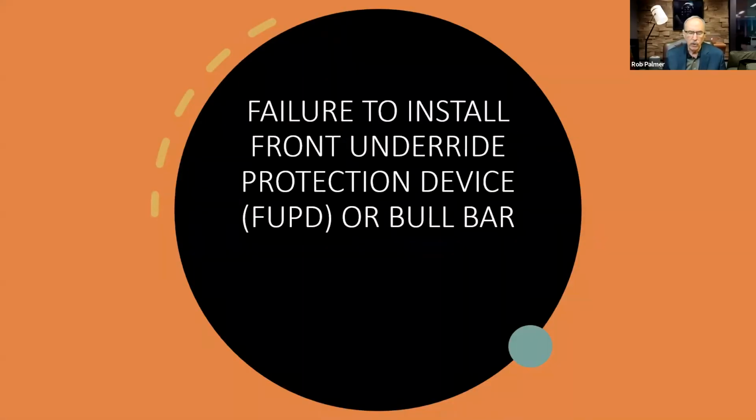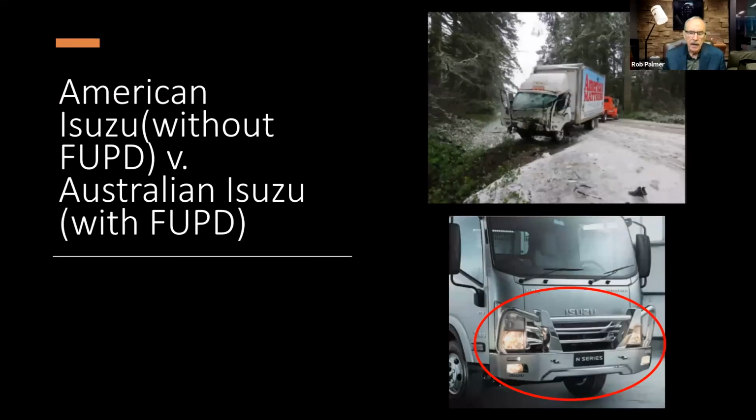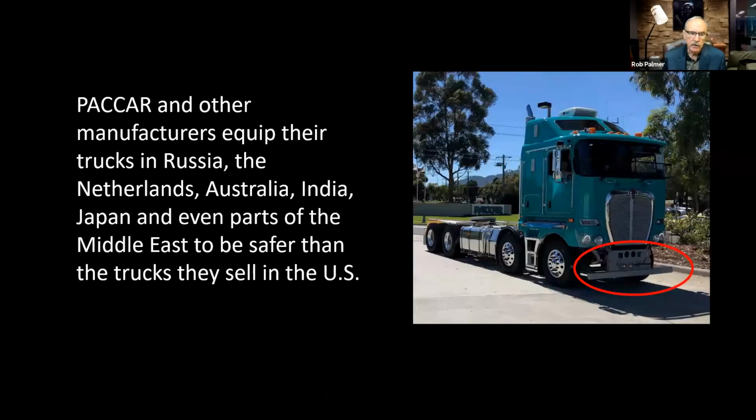Now, there's also the whole issue with semi-tractor trailer trucks of underride. Bull bars, cow catchers are the way to prevent this. And as you can see overseas, the same truck that is sold here in the United States without a cow catcher is sold overseas with them. And you can see the design of the cow catcher on the lower right of your screen. If you look over here on the left, you'll see that in most of the world, these cow catchers are required. They prevent the underride of a truck or a car underneath the semi-tractor trailer truck, which of course is